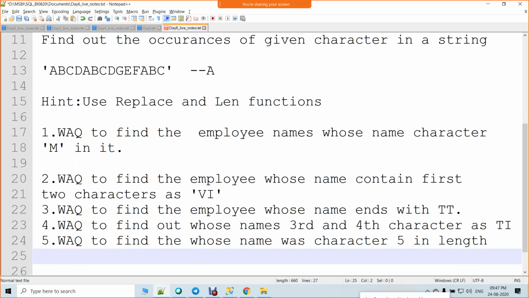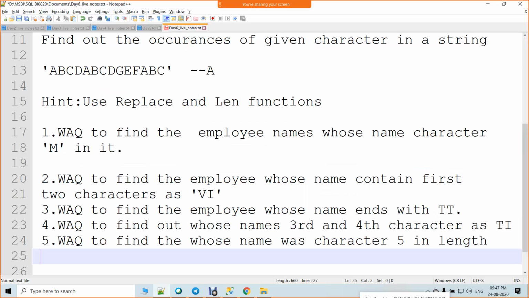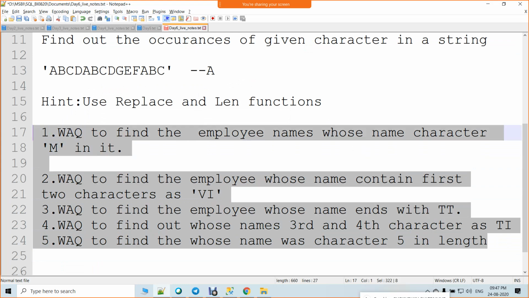Basically, this question is, I need the employee names where the length of the employee name should be 5. Yes, these 5 questions should be good enough. 5 plus 1, total 6 questions.